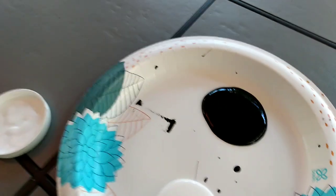Okay, put that right here. And then now with this table, I'm going to try to do a marble effect. So that's why I didn't worry about painting the whole thing really, really neat or anything, because I knew I was going to do this little...